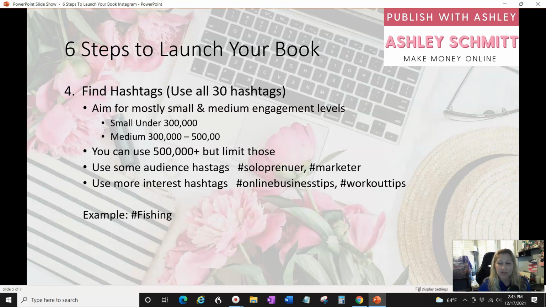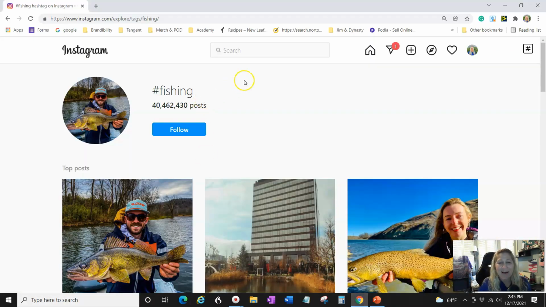Now, I wanted to show you the example of fishing. I'm not sure why I was looking at fishing on Instagram, but here we are. I pulled up fishing, and this is a big hashtag. It's got like 40 million posts on it. So this is definitely something you want to niche down, smaller than fishing. But how you do this is you type in hashtag,